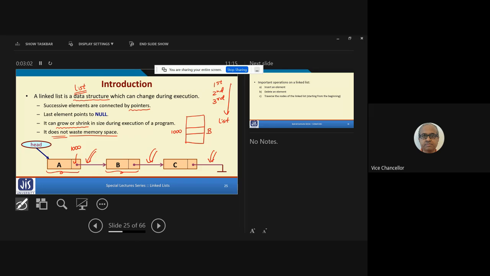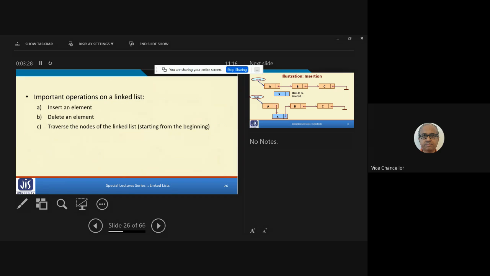Another important thing about linked list is that we must know the address of the first element from where we should start. This is typically called the head of the linked list. Because unless you know the head, you will not know which is your first element, from where to start, right? Fine.